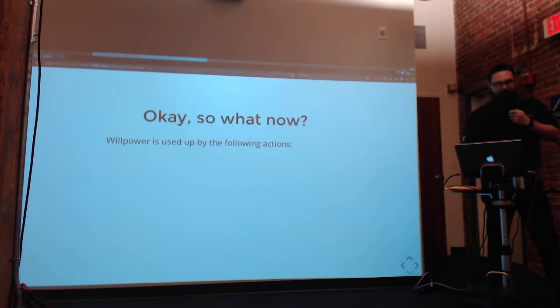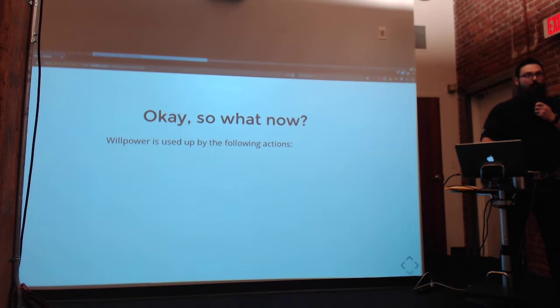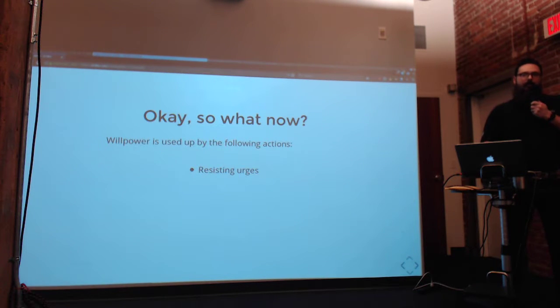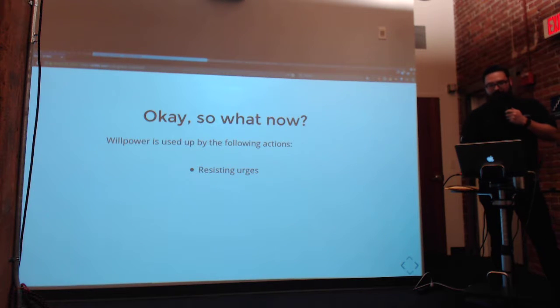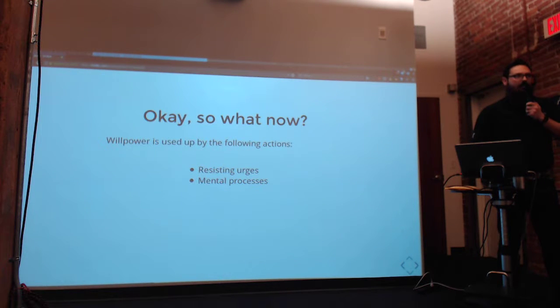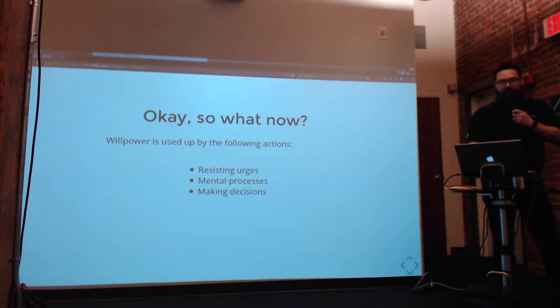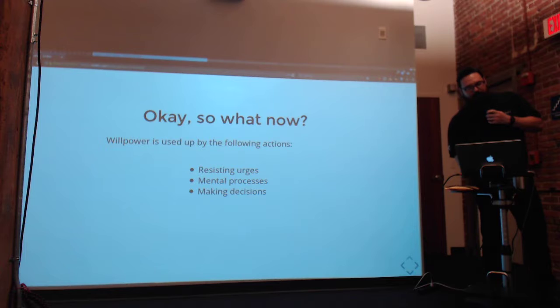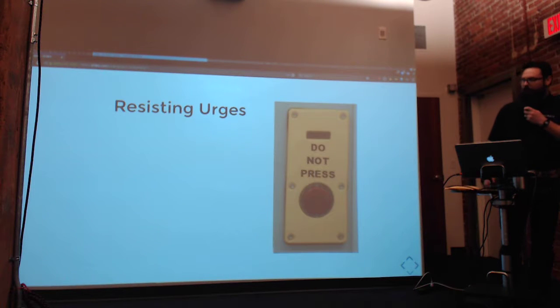What now? So we know that willpower is used up by resisting urges like not eating that cookie. It's used up by mental processes. It's used up by making decisions even. So we can look at each of these and figure out ways to deal with not losing as much willpower. So with resisting urges,